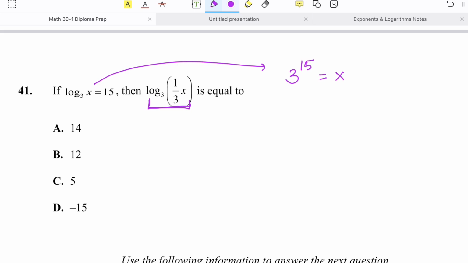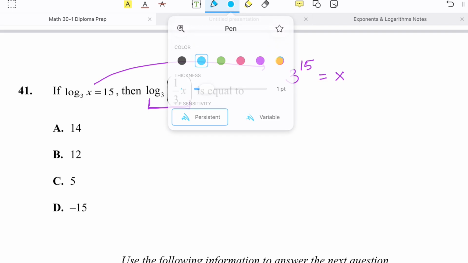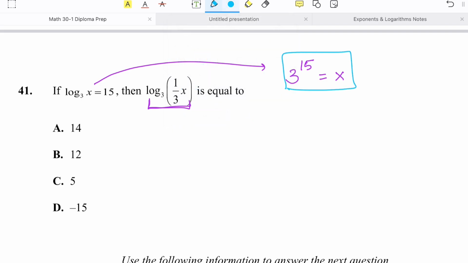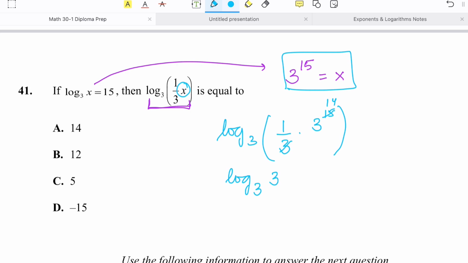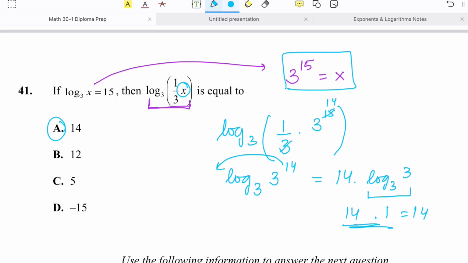Now all I need to do is put my x back into here. So it's going to be log base 3 of 1/3 times 3 to the power of 15. 3 to the power of 15 divided by 3 is just going to be 3 to the power of 14. So I have log 3 to the power of 14. I can bump the exponent down, which gives me 14 times log base 3 of 3, which is 1. So 14 times 1 is 14, and it's option A. Okay,